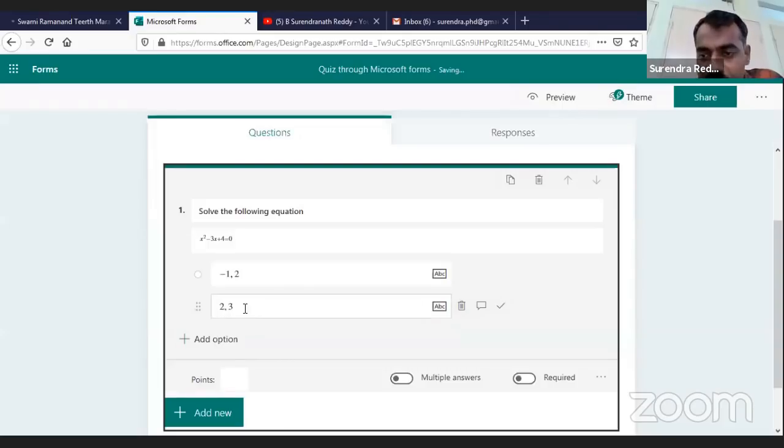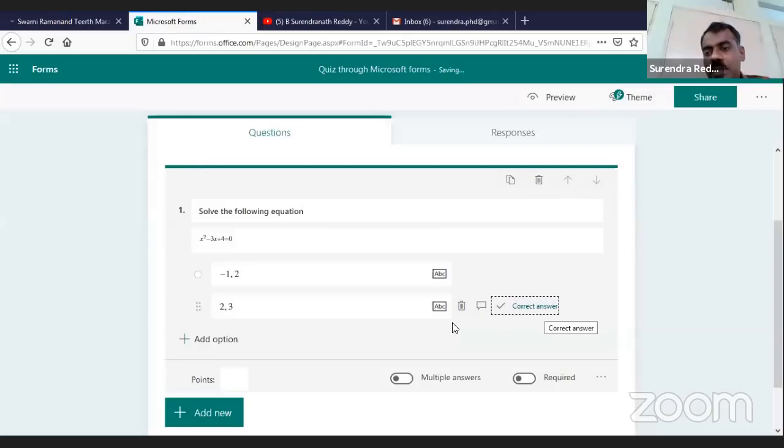And because it is a quiz, you want to say which is the correct answer. Suppose I will say here this is the correct answer, even though I'm just explaining. If I want to make this option correct, you just click on this. So this is marked as a correct answer. So directly while typing the question itself, you can start giving which option is correct, whereas in Google Forms, we should separately go and give that, right?